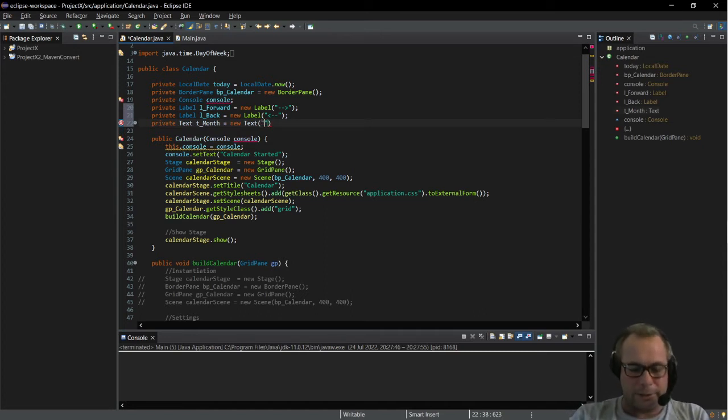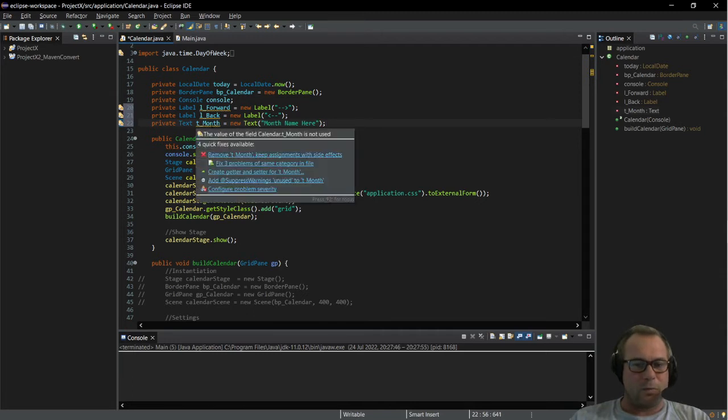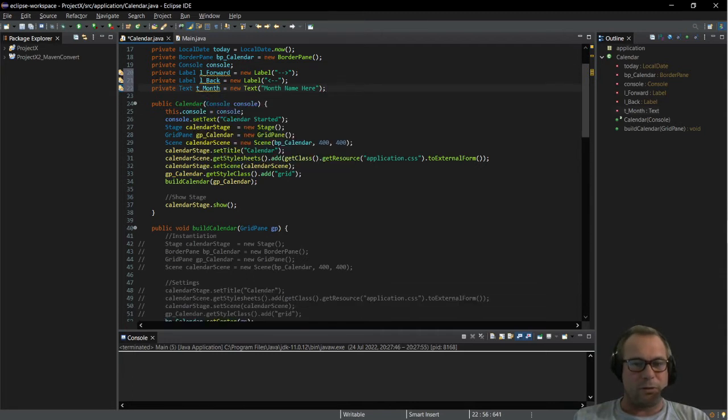Pardon me, I'll change it later. Month name here, so we will put the month's name there. Okay, and then what we need to do is add them to our